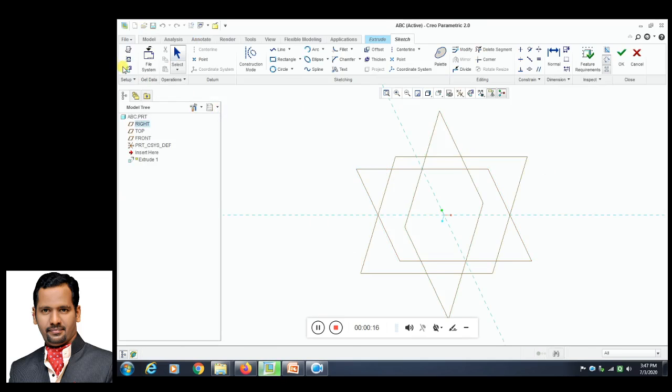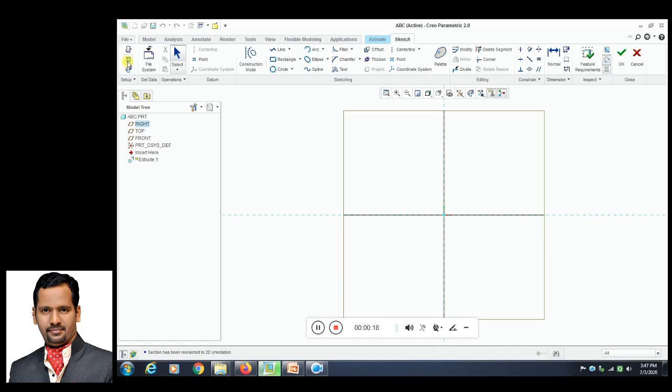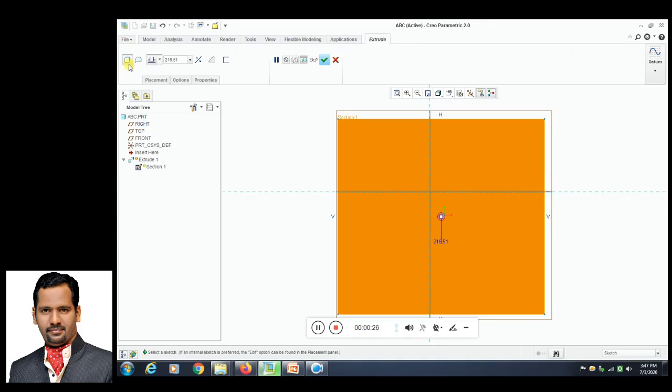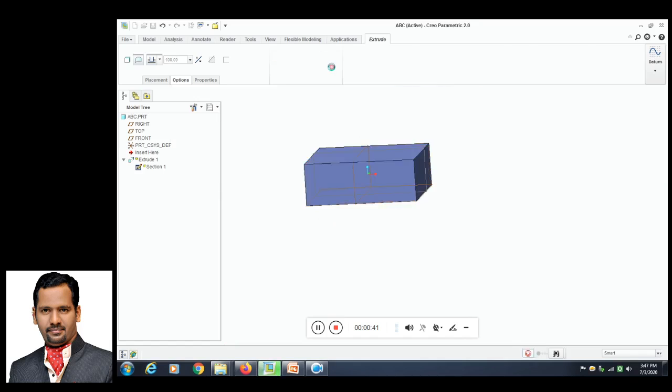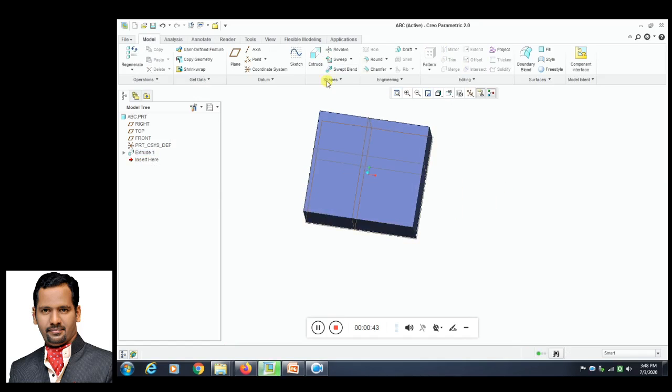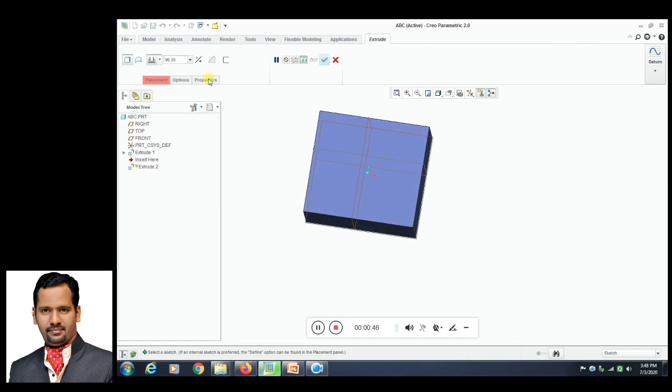So I have drawn a base feature as a rectangle or a square. I have given a thickness of around 100 mm. I have extruded it, and that's drawn in the surface environment with cap ends on both sides, so that the object is a surface model, but all the edges are stitched and sewn.